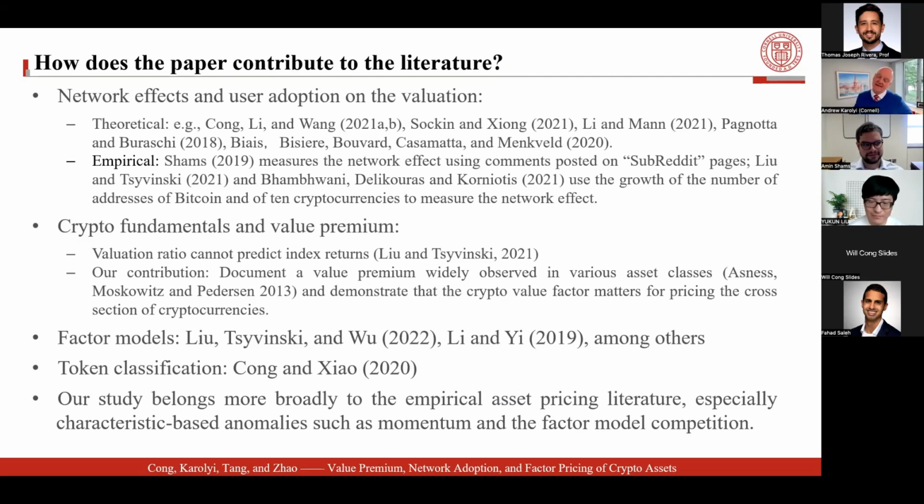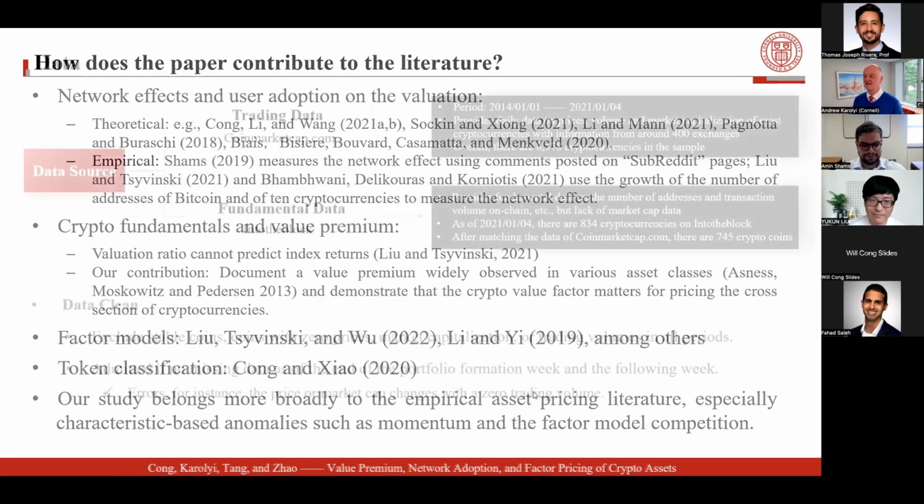But if you really want to hone in on our contribution, what you want to do is basically look at Yukun's work with Chavinsky and Wu, Li and Yi, another currently working paper looking at factor structures in crypto, and mash it up with the work of Will and Xiao, Song and Xiao on classifications. It's really a mashup of those two sets of papers with a nice little wrinkle on this segmentation related to categories, those new findings. And we think of it more as a traditional asset pricing paper than a crypto paper, but you know, we call it how you like it in terms of classification.